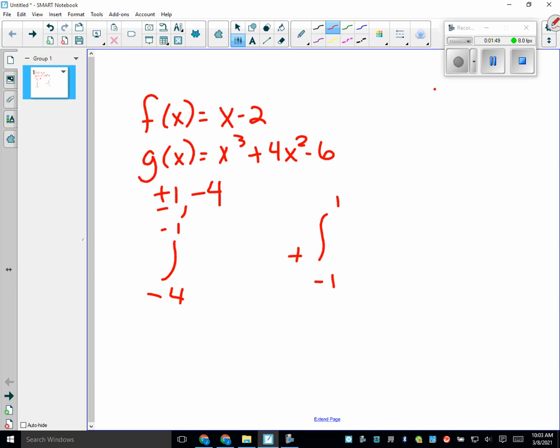What it's going to do is look like this, this is x minus 2. If it crosses here, here, and here,